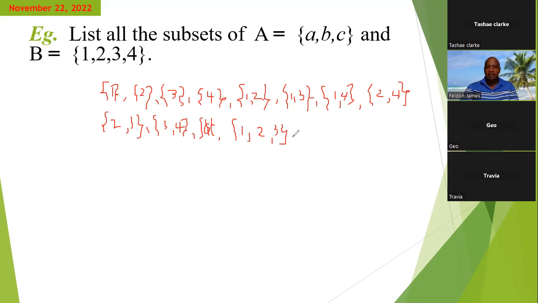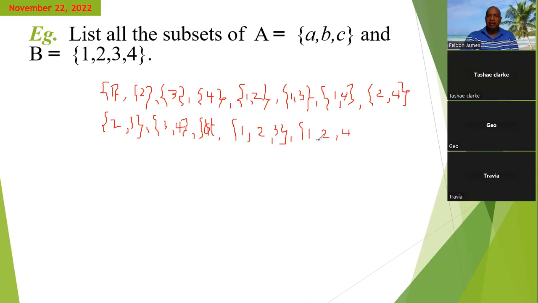Right, 1, 2, 4. All right, Mr. J says 1, 2, 4. Any other one? 2, 3, 4. Be careful not to repeat any though. So you will have